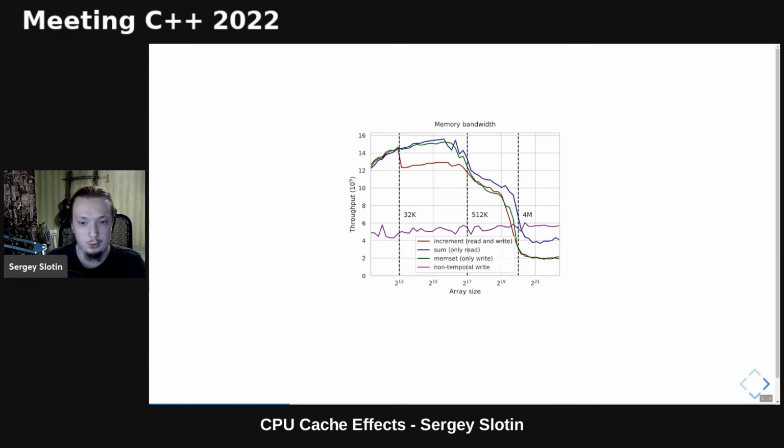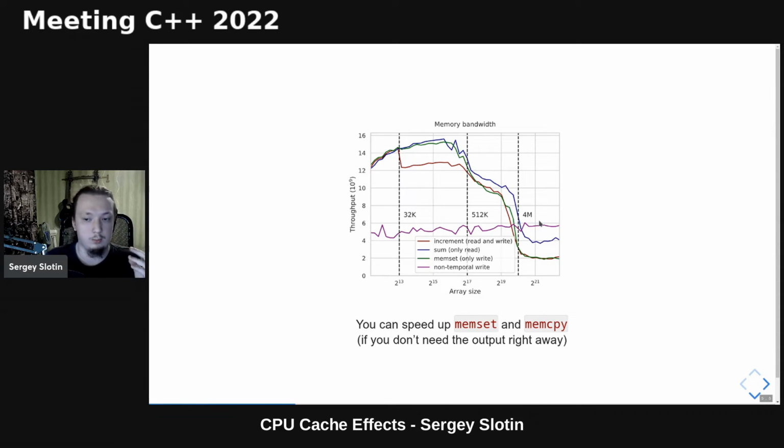Also, if you didn't notice, we just sped up memset by a factor of 3, although only for a very specific use case when we don't need the data that we wrote right away. And most of the time, we actually do need this data, which is the reason why memset doesn't do it. And we can do the same with memcopy and other similar operations. There is also a non-temporal read operation. And if we don't need the source or the destination of the memcopy data right away, you can get similar performance improvements by replacing memcopy with a non-temporal memcopy.